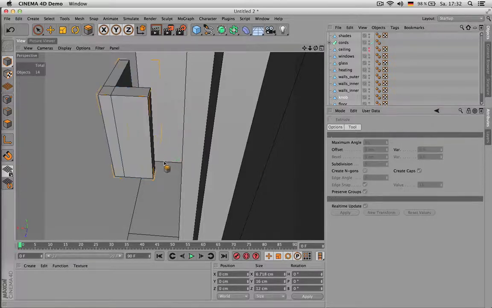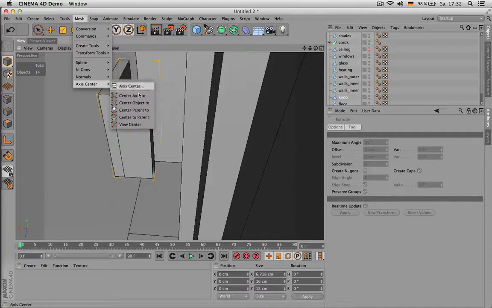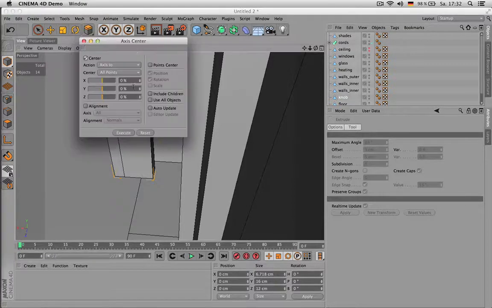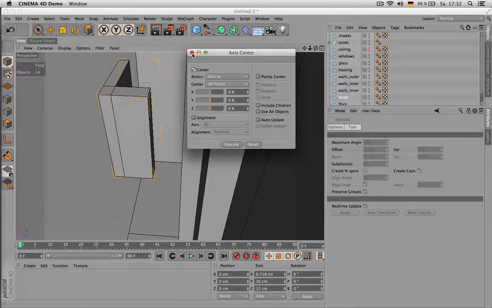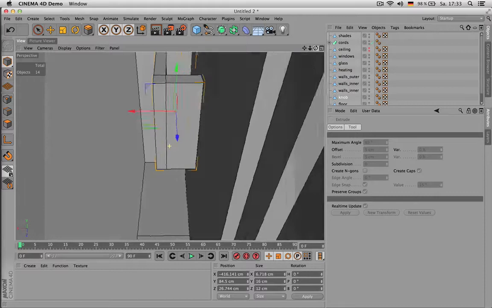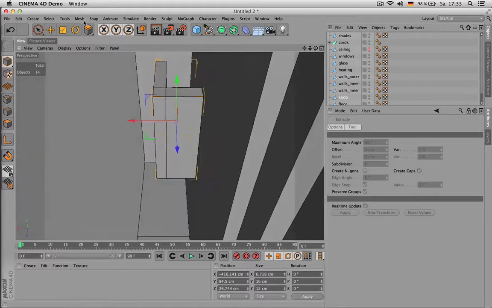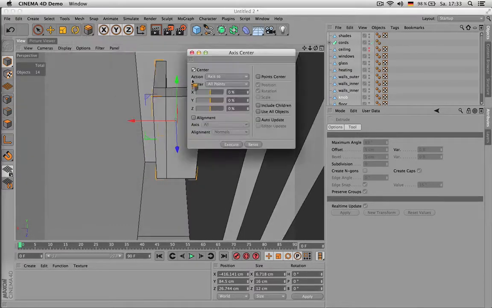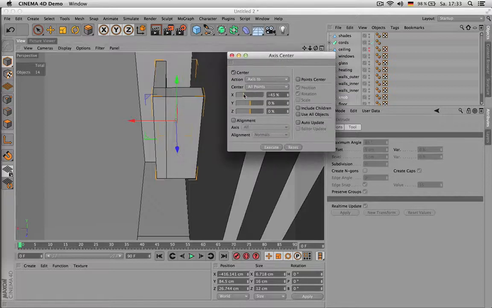So I take the whole object, and this time I want my axis right here. So again, I would use the axis command, and then I go axis center. So there are two functions, like command axis center, center axis 2, that puts it right in the middle. But what I want is a more sophisticated way of positioning the axis center, namely by